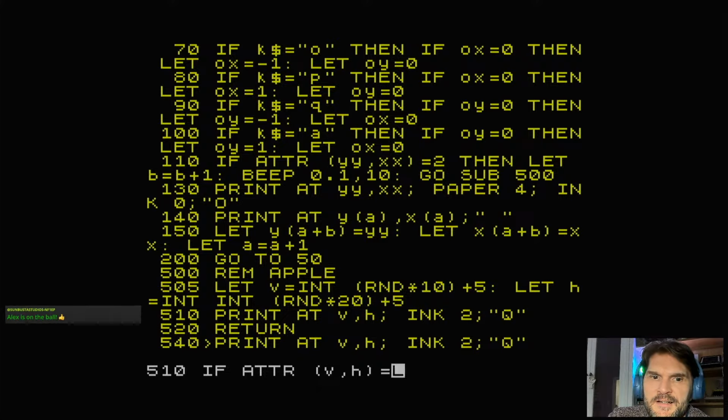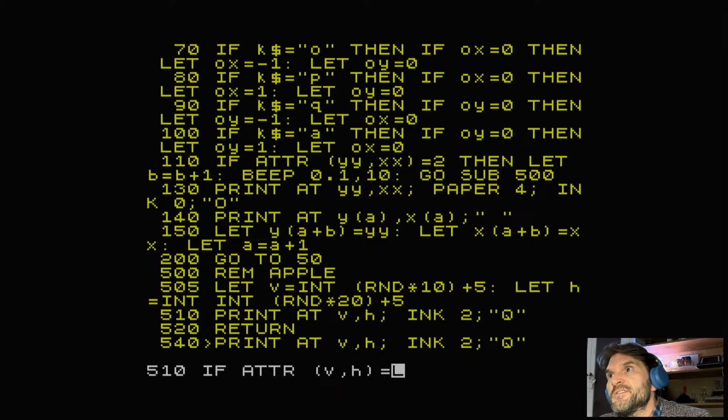Paper green. So it'd be 4 times 8, which is 32. And then I want to add my ink color to that. Not my ink color. Oh, it's just 32 because I'm using black ink, and that's obviously 0. So if I put 32,